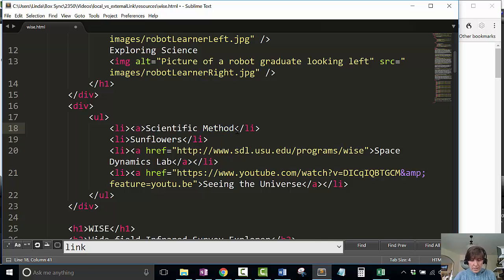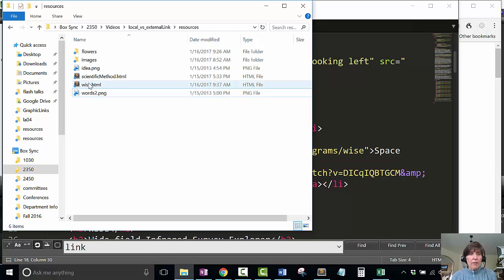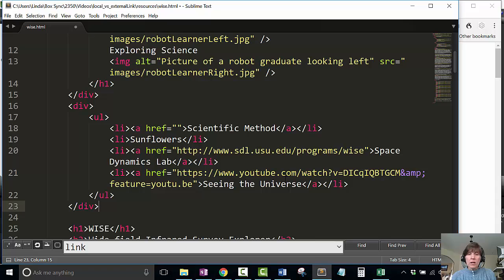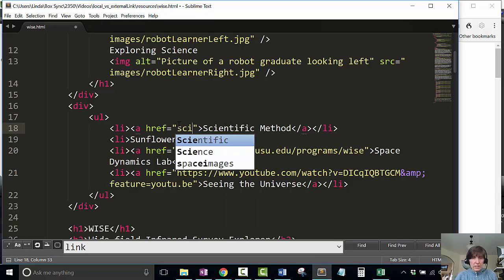So here, this top one, I'm going to still do an opening and closing A tag. The href is required, and it follows the same pattern. But now inside here, I'm going to do what's called a relative address. And relative means from where you are, this is where you want to go. So where I am, I'm in this file, wise.html, and that file is in this folder, this resources folder. And I want to say, hey, I want to open up this page. So from where you are, right here in this folder, just simply look for this file. It's right there. So I can just put the name of the file, scientific